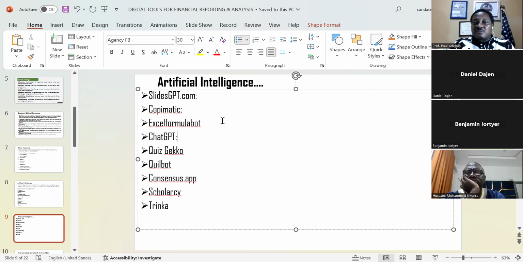Then I give the instruction, I prompt it: analyze the financial statement. We are talking of a document that is up to even 50 pages or more, can be less or more than that. And within a twinkle of an eye, that feature in ChatGPT will help you analyze.